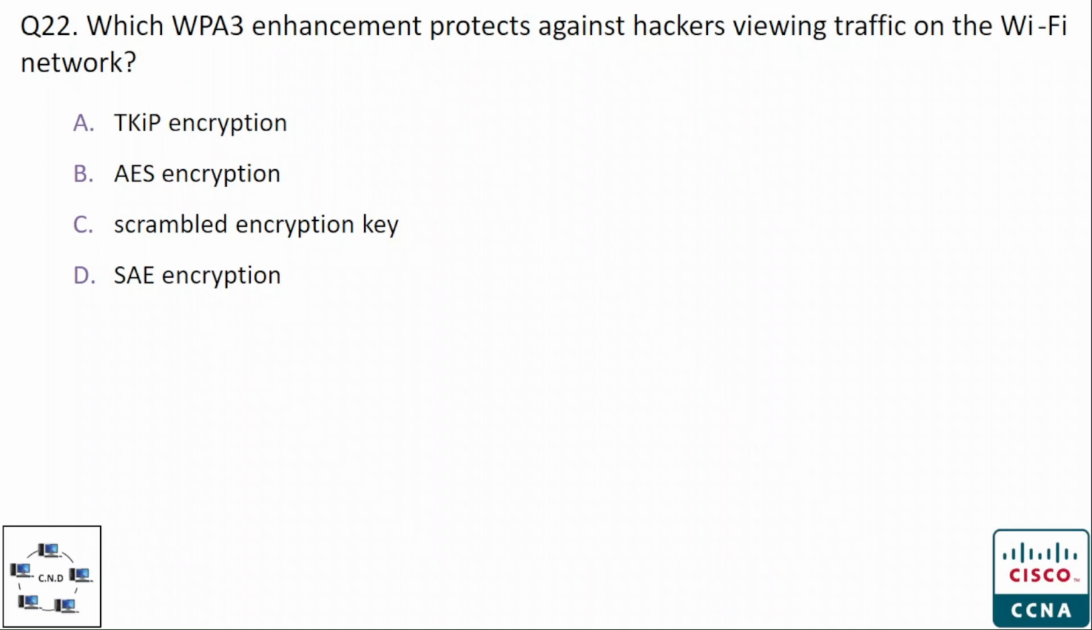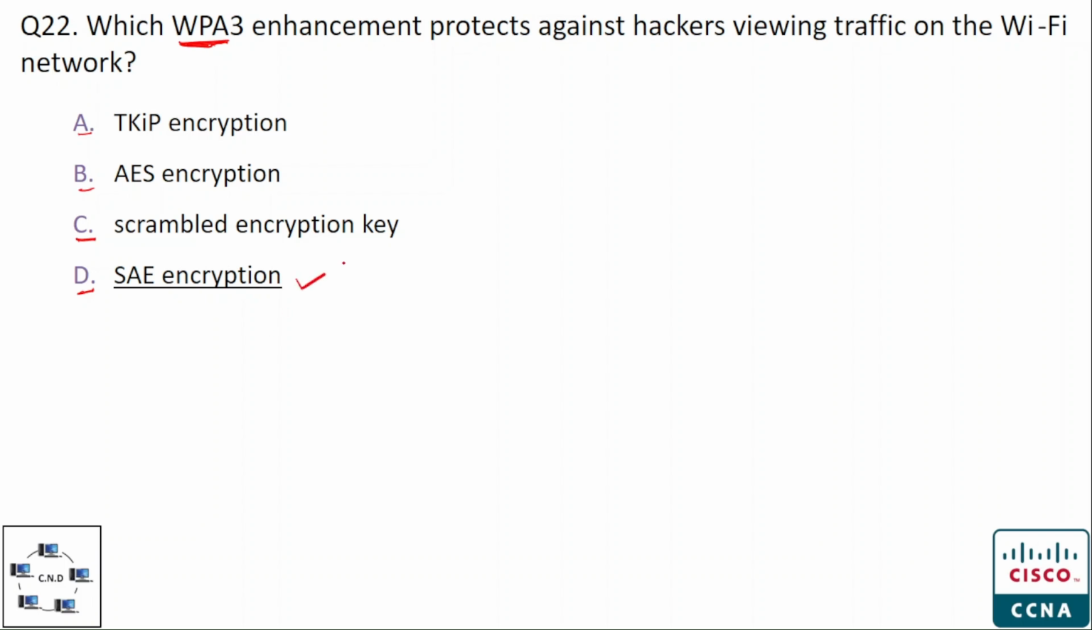Question number 22. Which WPA3 enhancement protects against hackers viewing traffic on the Wi-Fi network? This is the latest Wi-Fi protection standard. So how does this standard protect the traffic from hackers in a Wi-Fi network? The options are option A, TKIP encryption, option B, AES encryption, option C, scrambled encryption key, and option D, SAE encryption. And the correct option is